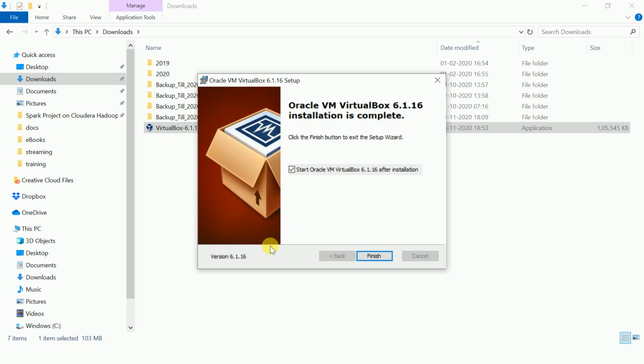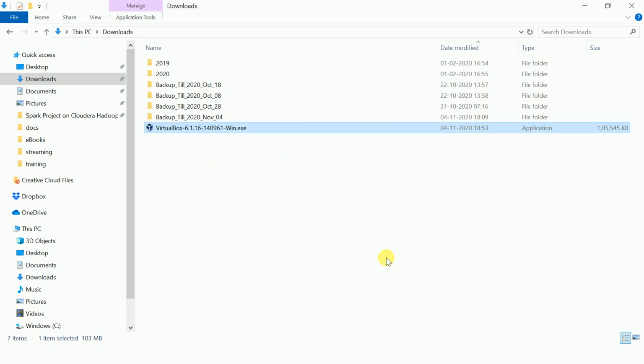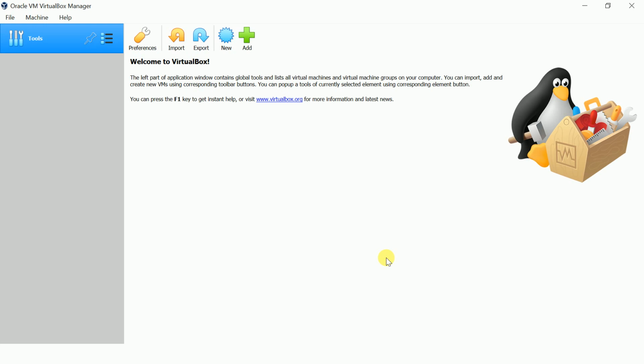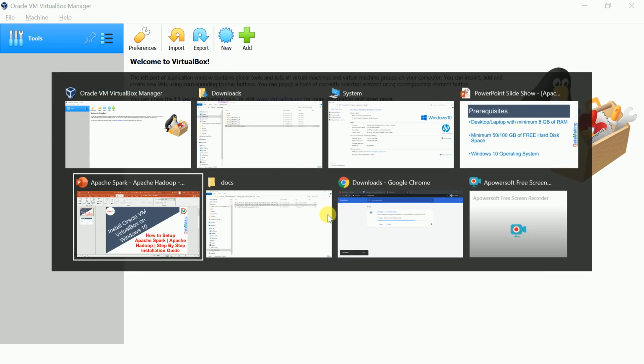The installation is done, so we can click on finish. It has opened the Oracle VM VirtualBox Manager. Now you can start creating the virtual machine and install the Ubuntu operating system, followed by other components.